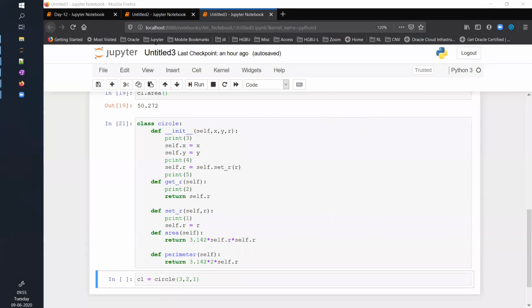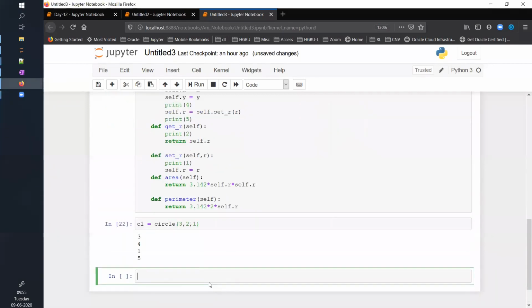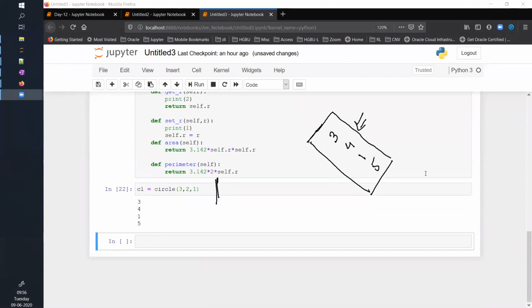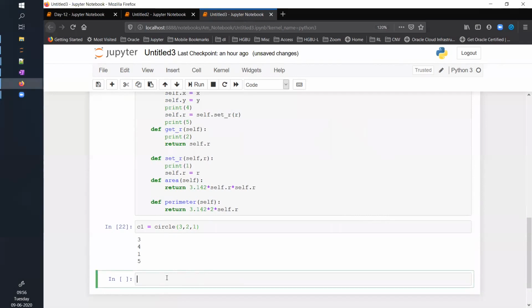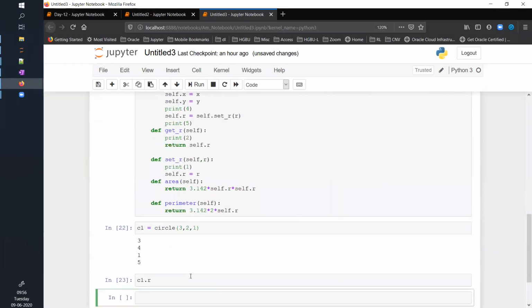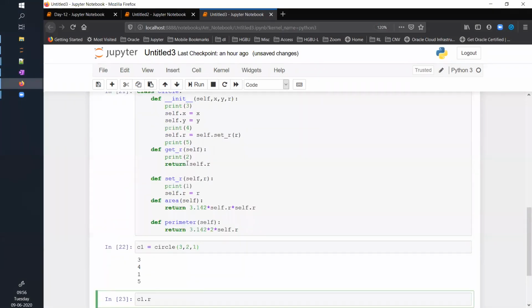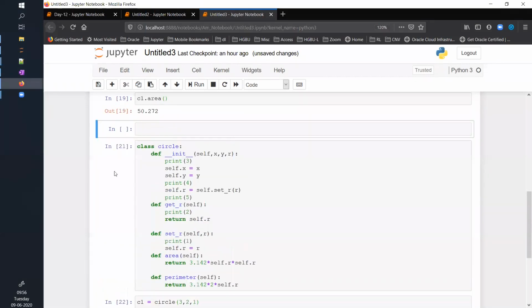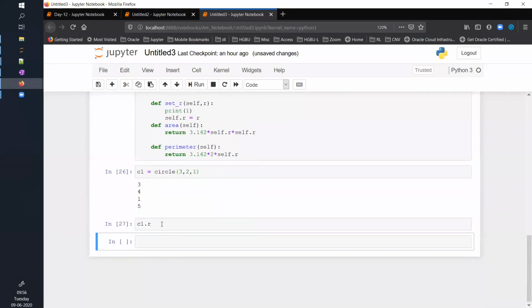So you remember, when I created the circle initially, if you see the output 3415, which is correct. Once after creating the object, initially I was saying C1.R, and then it was giving me the output. Forget about R now.